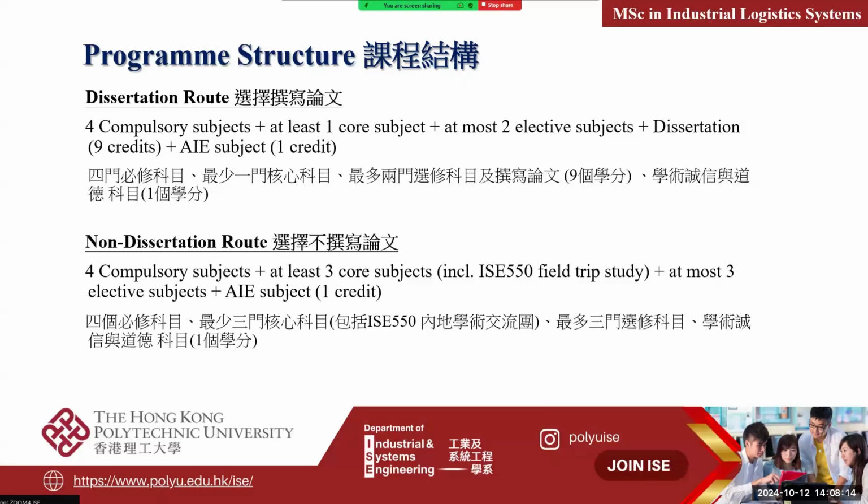So of course, you can choose either the dissertation routine or the non-dissertation routine. Actually, every year after the break or during the break, some of you usually ask me a question: which one should I choose, or which one can get a high GPA? It's up to you. But if some of you would like to go on to a PhD, increase your research experience, or publish some papers and fundamental work, of course, you can choose the dissertation routine. But it does not mean that if you choose the dissertation routine, you will have a high GPA or you will use less time. So this is the program structure.